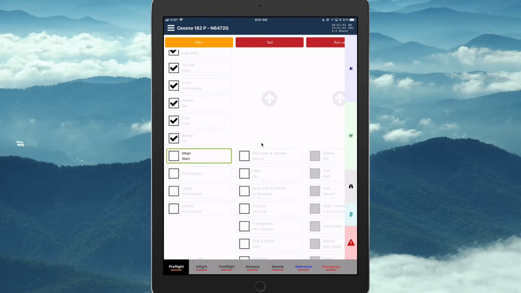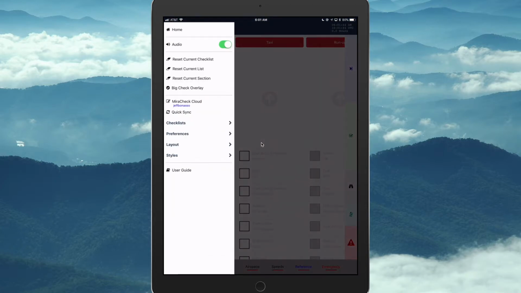And if you go to Quick Sync on the menu, Quick Sync is syncing all the data that's local on this mobile device up to MiraCheck Cloud. It also syncs down to the mobile device any edits you were doing in MiraCheck Cloud to your checklist content. So if we do a quick sync,